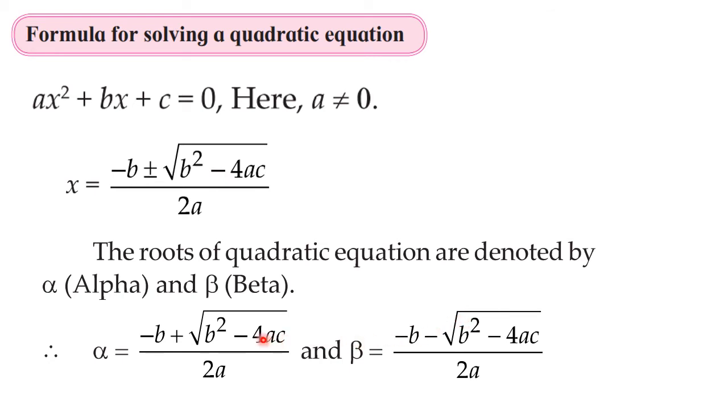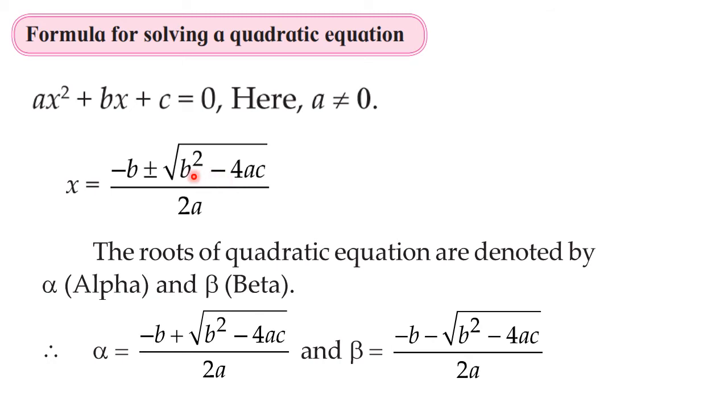But now when we solve this particular question, the very first step is that you should see whether the given equation is in standard form or not. Before actually using the formula, we are going to find the value which is under root, that is b square minus 4ac. This particular value is called the discriminant and denoted by the Greek letter delta, that we are going to see further.